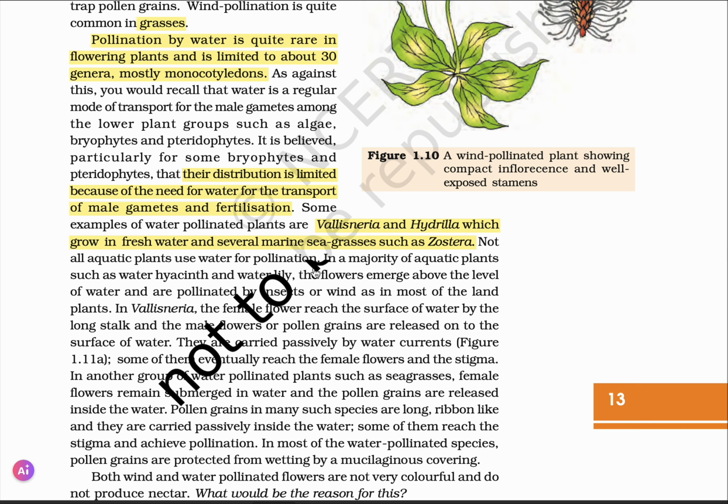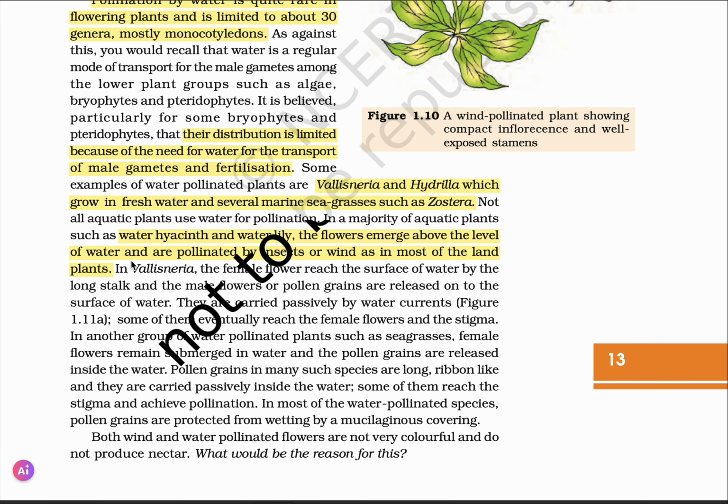In the majority of aquatic plants such as water hyacinth and water lily, the flowers emerge above the level of water, and these are later pollinated by insects or wind. So here we need to remember that water lily and water hyacinth are actually pollinated through wind or insects. In Vallisneria, which is a freshwater plant, the